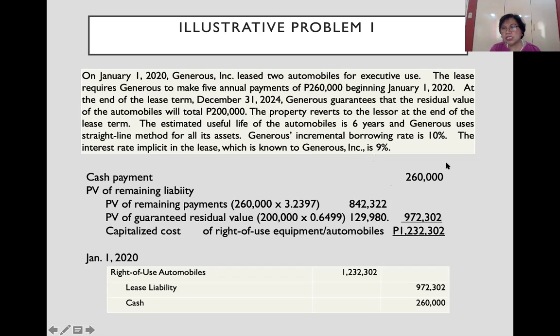We have included here already the advance payment. Therefore, the present value factor that we will use here is present value of ordinary annuity, wherein the next payment will be made a year after we make this payment of 260,000. Therefore, the present value of remaining payments discounted at 9% for 4 more periods is